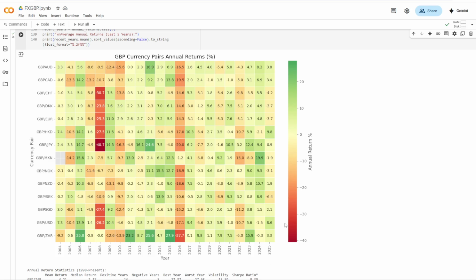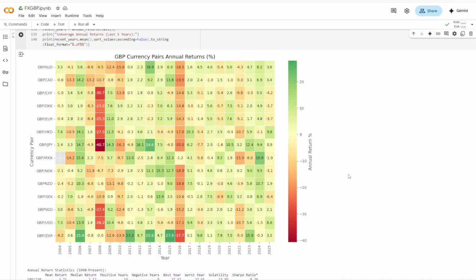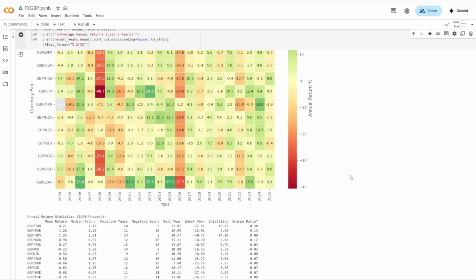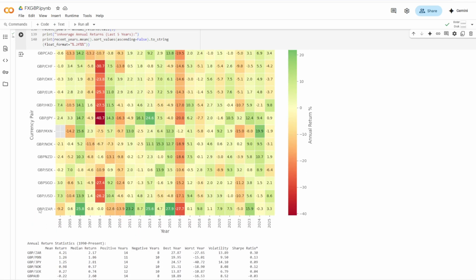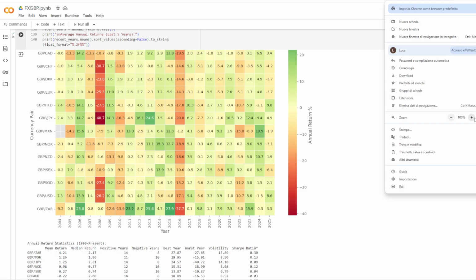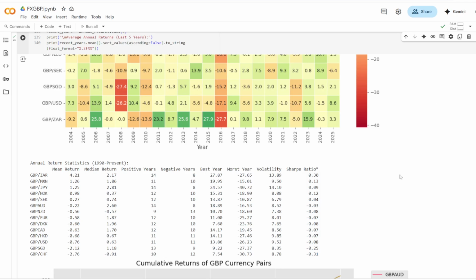And I can tell you that the most profitable trade for the pound is not the dollar or the yen or the euro. No, it's this one, GBPZAR. So basically it's pound South African rand,